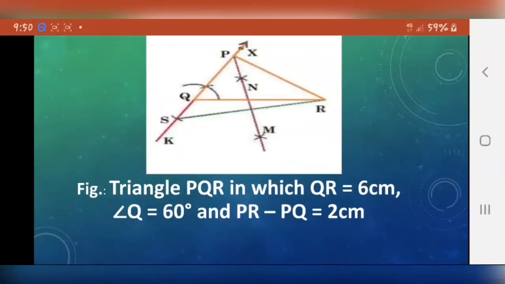As you can see now, the diagram which you have drawn in your maths copy and this diagram are similar. So for this type of question, you first have to check which side is greater, that means whether AB minus AC is given or AC minus AB is given. You have to compare whether it is case number 1 or case number 2, then start your construction. So this is all for today.